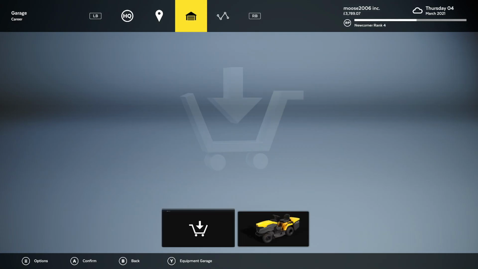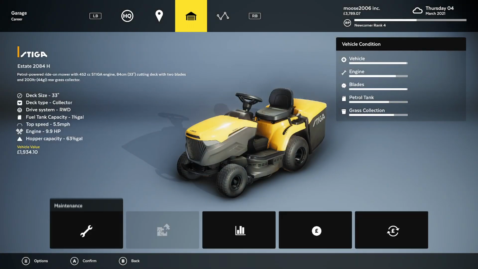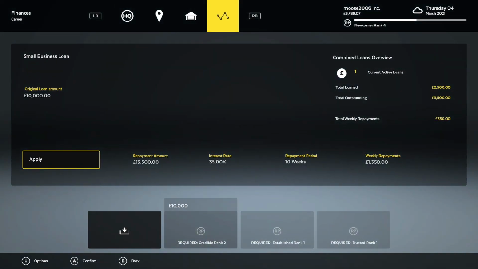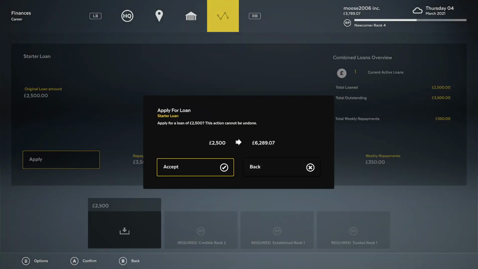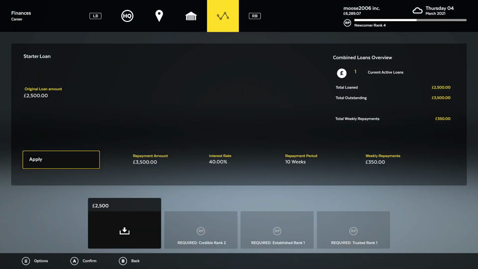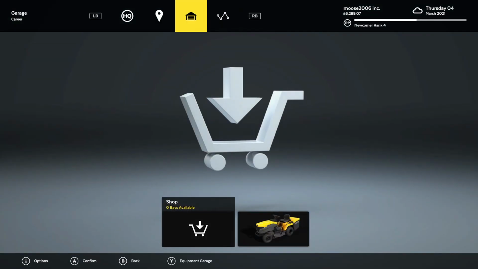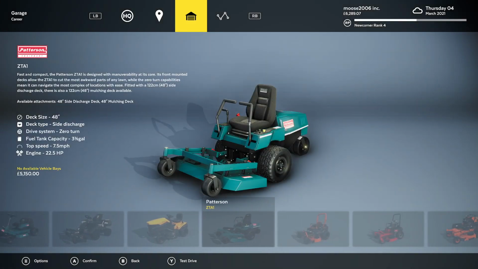5,000. We make like 500 a job. So you'd have to take 10 jobs. We could sell this for 2. Well, okay. Wait. Yeah, if we took it, we'd have 8,700. Not sure how we have that much money. But we need...